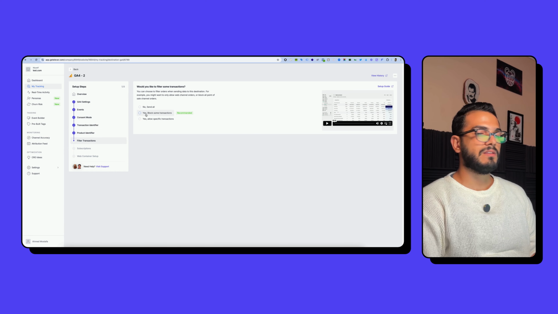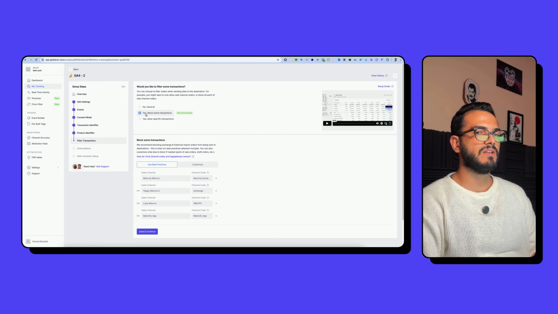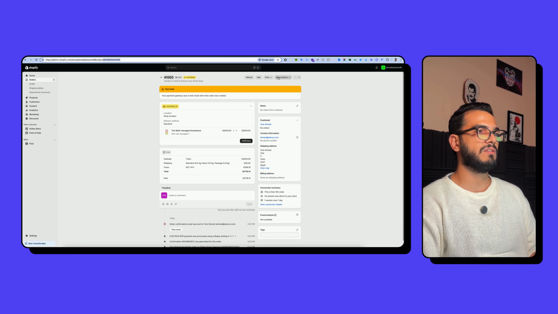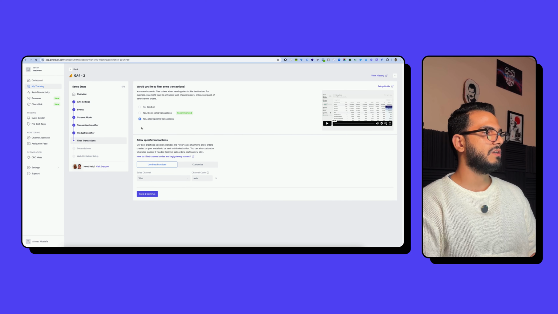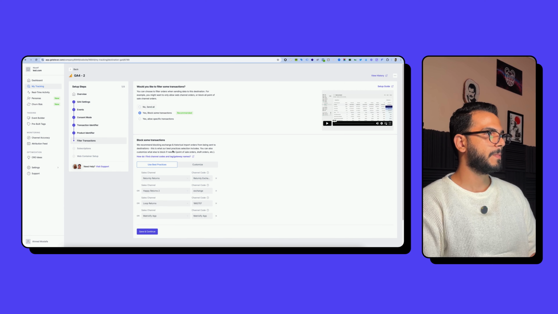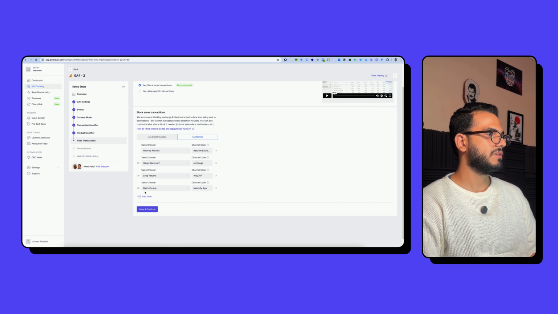This option gives you the ability to block some transactions from being sent to Google Analytics. So for example, let's say that you do draft orders. Draft orders are manually created by your team internally using the Shopify backend, mainly creating an order using this interface. So if you want to block these orders from being sent to Google Analytics, you can simply come here and select that yes, you want to block some orders and customize this option